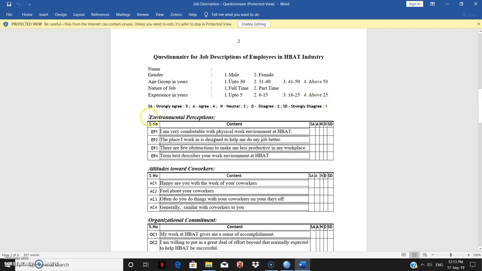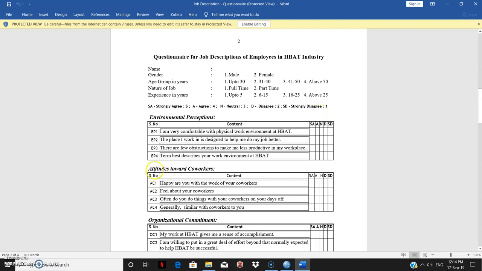And I'm sure you will be able to identify what kind of scale has been used for measuring the environmental perceptions. Any guess there? If you have thought correctly, you would understand that this is an interval scale with the options varying from strongly agree, which gets 5 points, to strongly disagree, which gets 1 point.